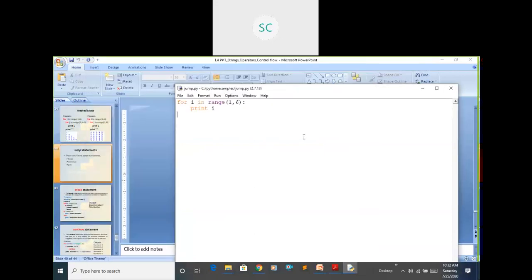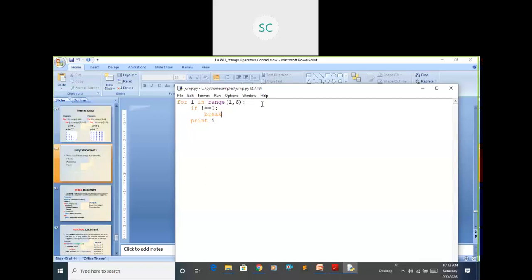See, I'm going to write one condition within this for loop. If i equals 3, colon, here I'm using the break statement.